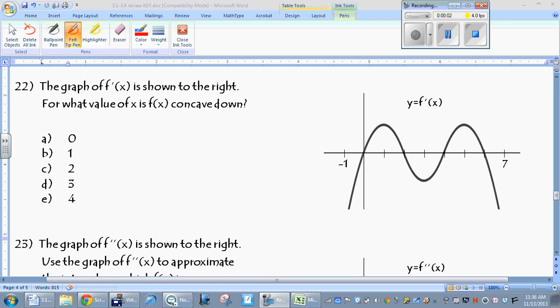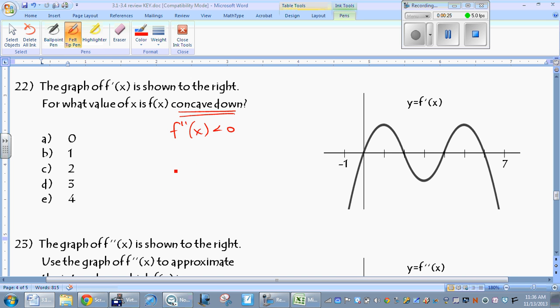In number 22, we're given the derivative of f of x in a graph, and we want to figure out for what values of x is f of x concave down. So we have to ask ourselves, how do we know when something's concave down? Well, if the second derivative is less than 0, or the second derivative is negative, that means it's going to be